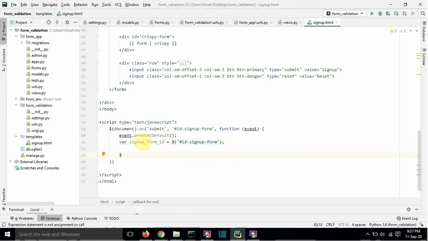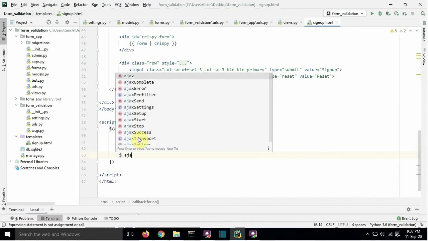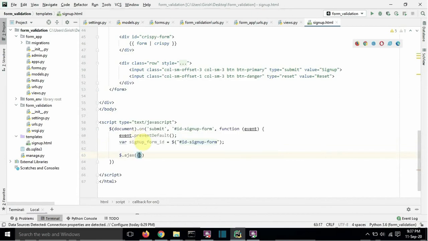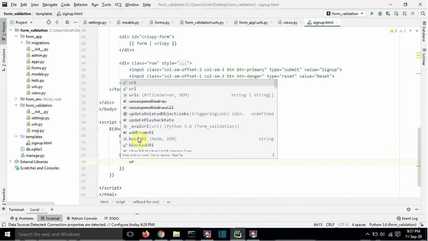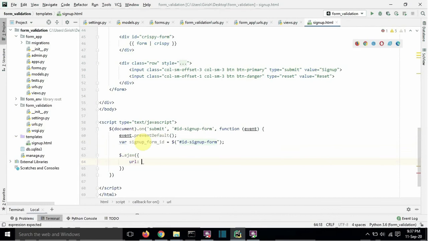dollar dot ajax URL sign up. Here we are making a request to the sign up URL.